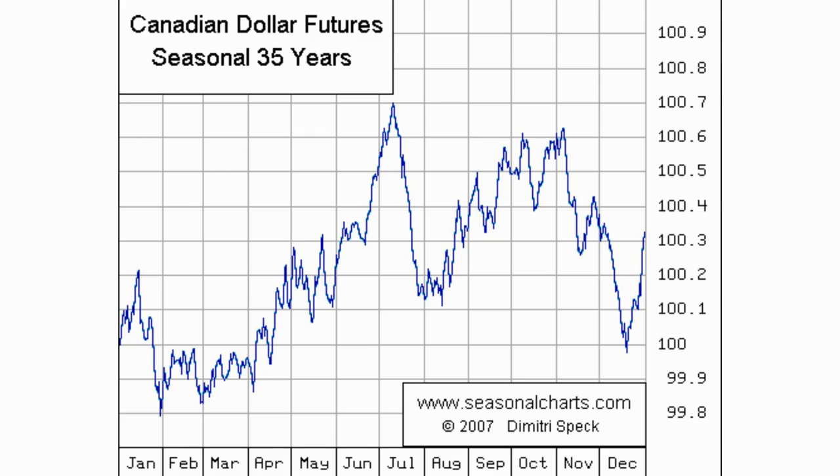This chart right here that you see, this seasonal tendency chart, is of the Canadian futures chart, which is different from the Canadian dollar forex pair, the USD CAD. They're both different. They are inverted of each other, because here you're trading with the Canadian dollar, but on the USD CAD forex pair you're trading against it because you've got the USD in it as well. So all of this price action on this seasonal tendency chart will be inverted and flipped for USD CAD,